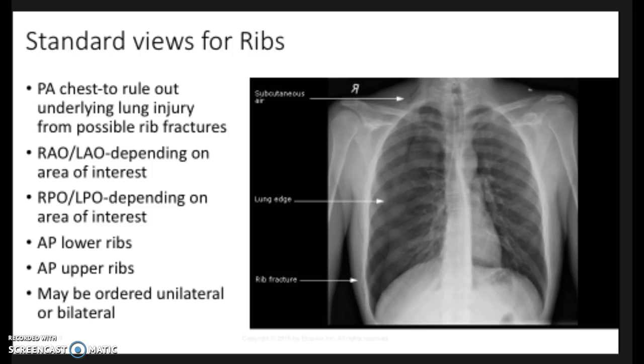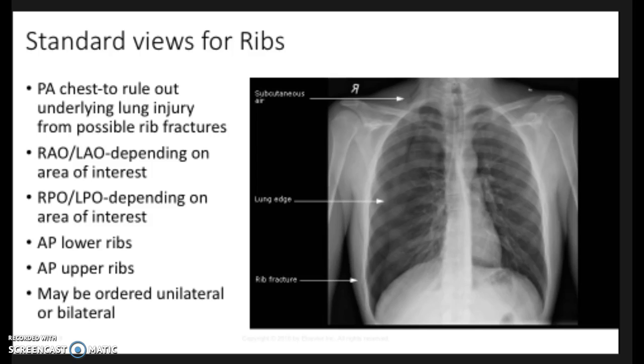Standard views, you're going to do PHS, and they typically will do that to rule out any underlying injury to the lungs, or because you can see on this particular view, there's a rib fracture down here low, and there is a pneumothorax. The edge of the lung is over here, not where it should be, and there's some air that has escaped into the tissue that's up here. Once it escapes, it rises if the patient is upright, and it's up there by the neck in the tissue. It gets a little crinkly sounding too on the patient if you touch it.